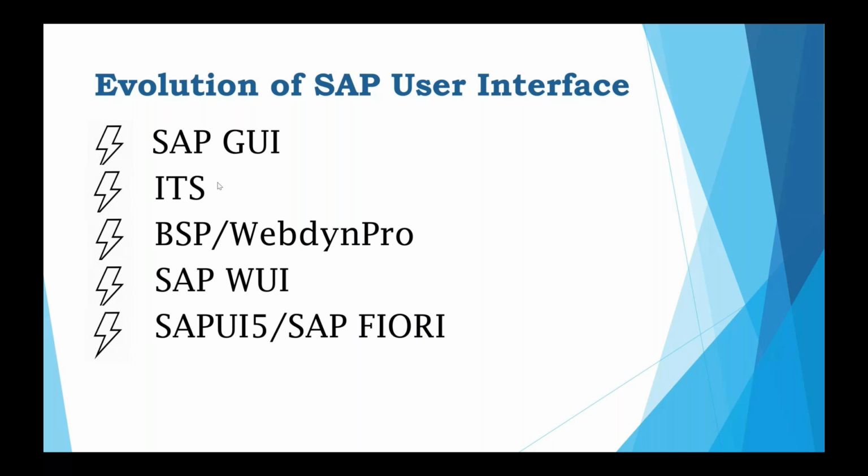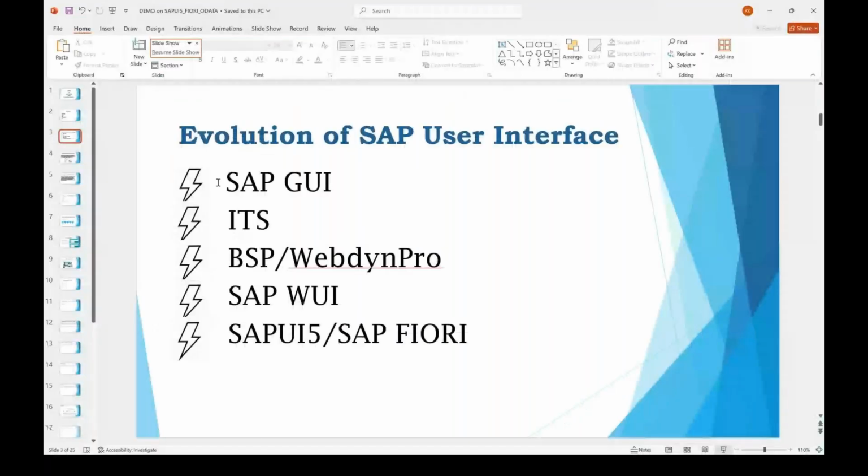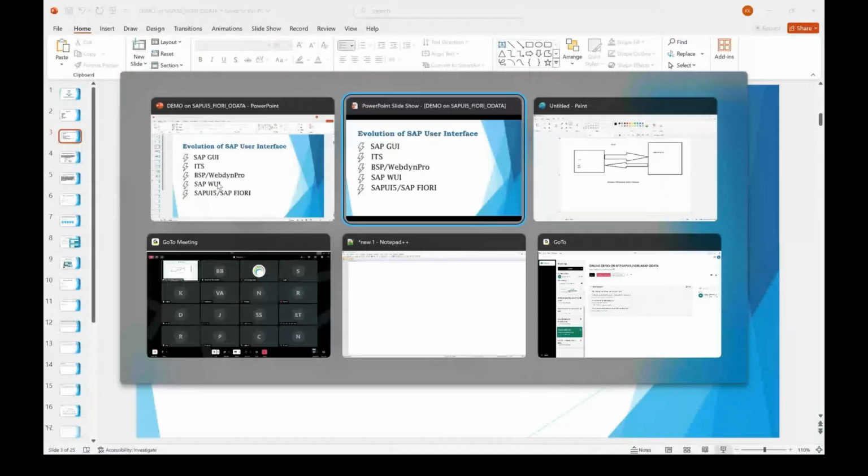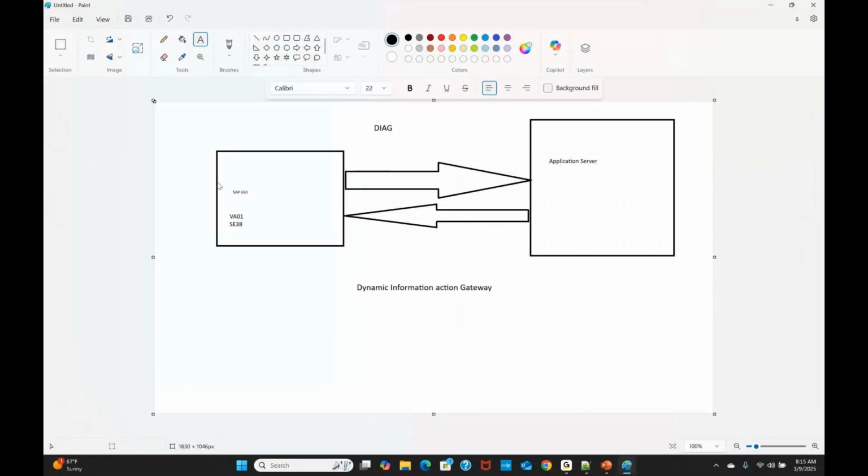HTTP, and this is a big challenge to SAP. Why is it a big challenge? Because the browser understands only HTTP. Hypertext Transfer Protocol, everyone knows. Now SAP understands the DIG protocol, whereas the browser understands the HTTP protocol. In this context, what solution can we provide to SAP to use the browser?